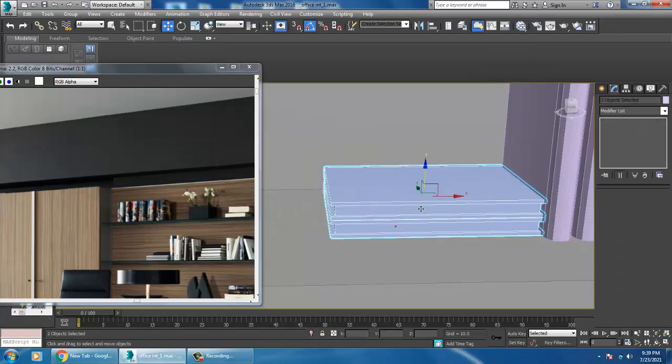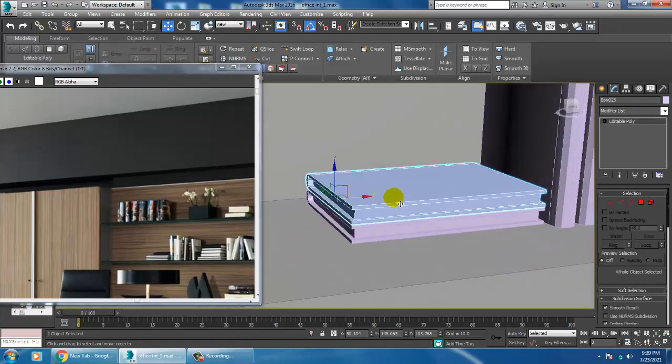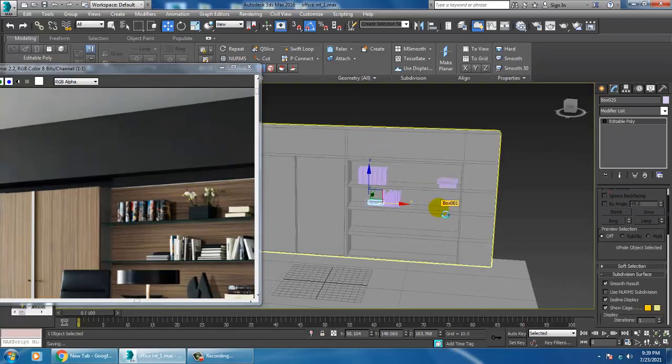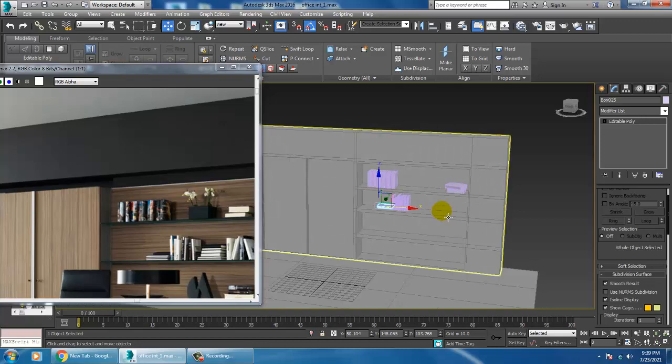Again duplicate that. Alright, so just save your file over here.